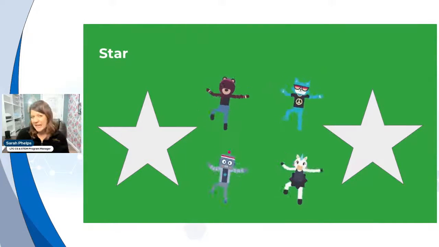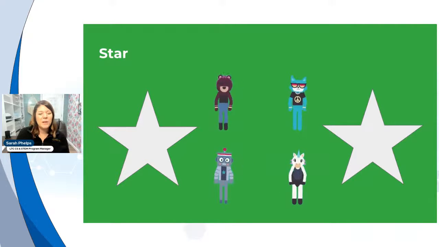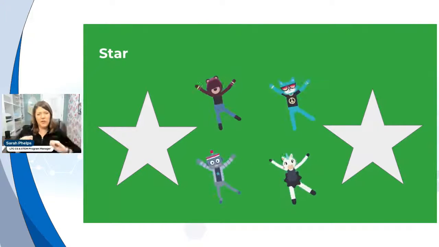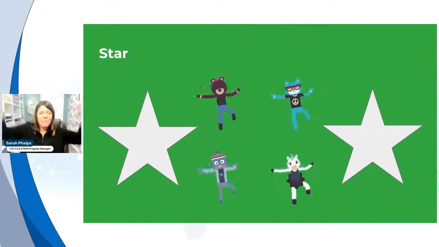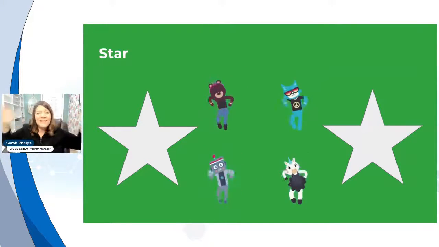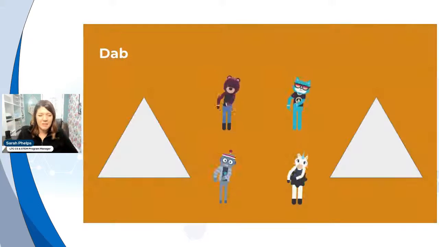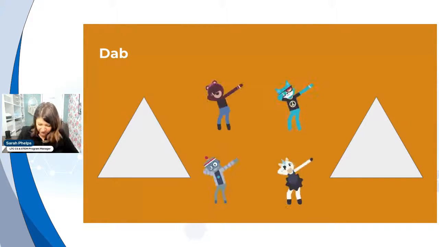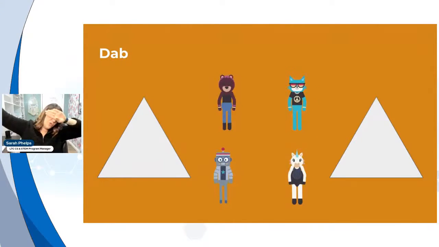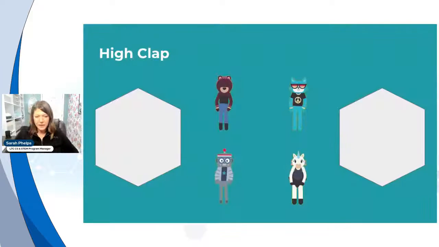Again, I can't see you, but I know you're going to do this with me. If you want to, you can stand up. If not, you can just sit in your seats. Anytime we see the star, we're going to do the star motion, so we move our arms out. Imagine you have a classroom full of students standing up. This is such a fun way to get them moving, and who knew? Teach computer science. This is a favorite move for most students I interact with. If we see an orange triangle, we're going to dab. So the triangle is a dab.